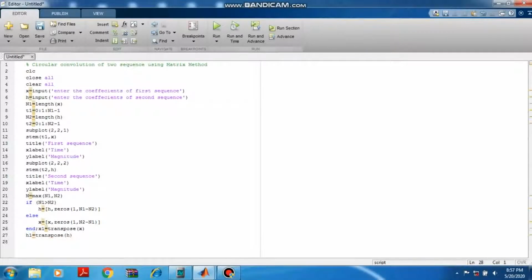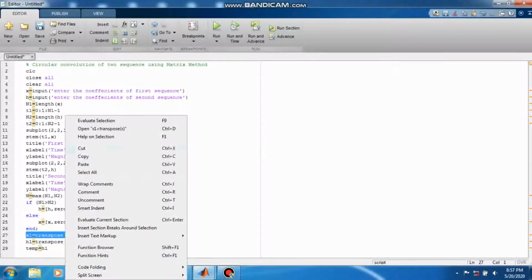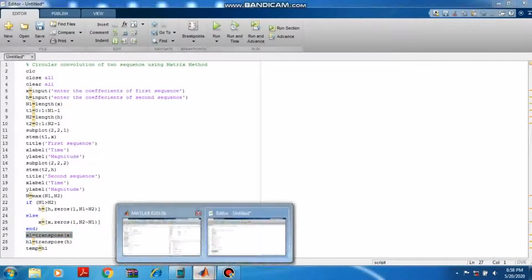I'll store these values in a temporary variable h1. Now see, if I execute this, I'll evaluate this.